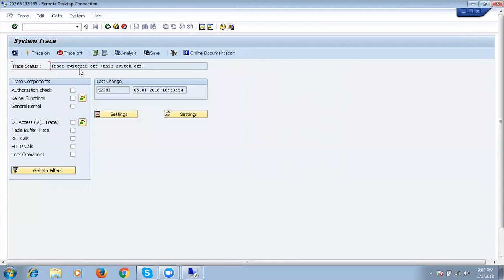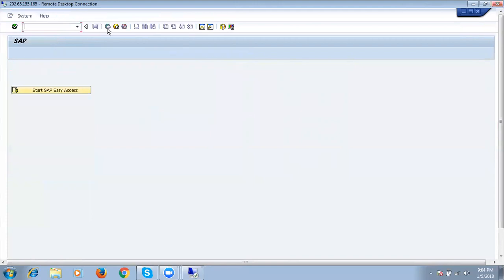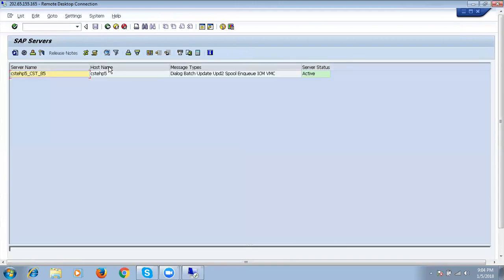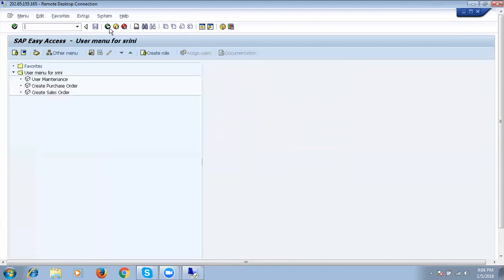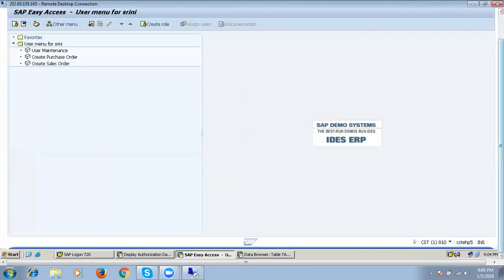So now trace is switched off. So in this way, we can find out all the missing authorizations of the users.